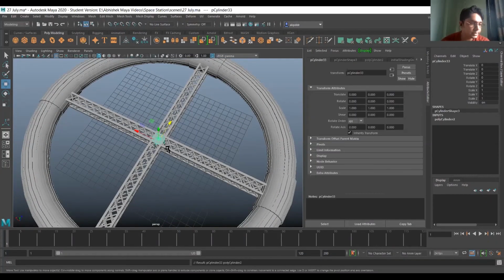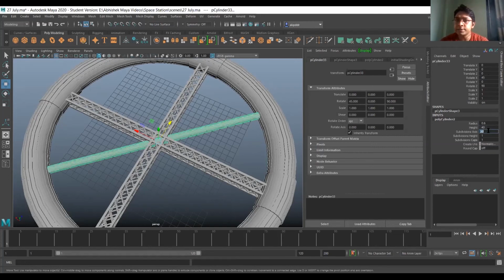Now I will take a cylinder. I'll give the value rotate X 45 and rotate Z 90. In radius, give the value 0.6. Height will be 40 and subdivision axis is 20.